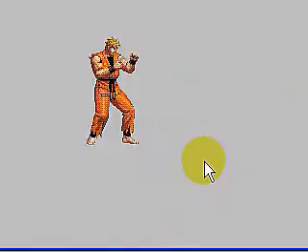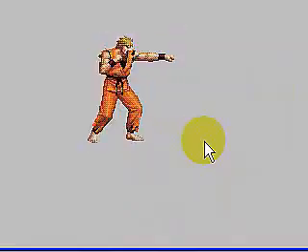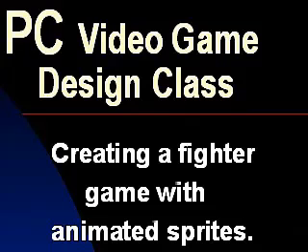Now, he's punching and kicking all the time, and I actually want this tied to some kind of event, like a keyboard event, right key or something. Go ahead and close this down. And the next thing I want is another sprite, but I want the sprite in some kind of a neutral position. So let's go back to my